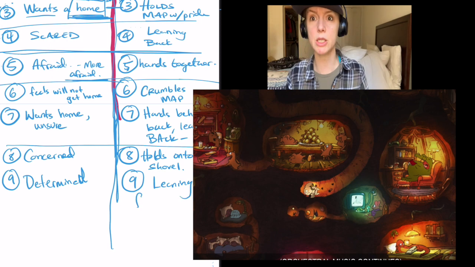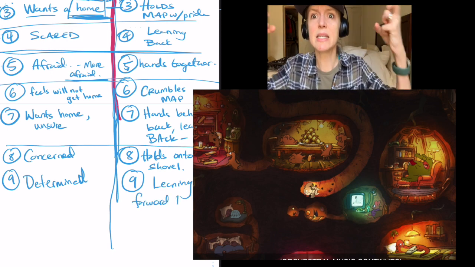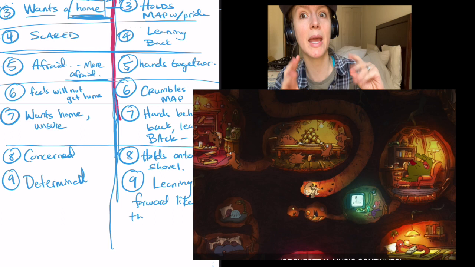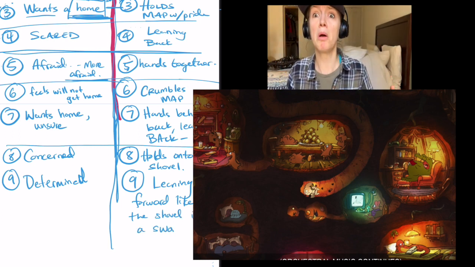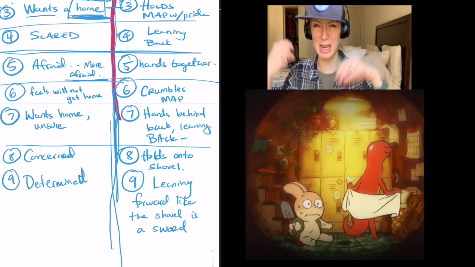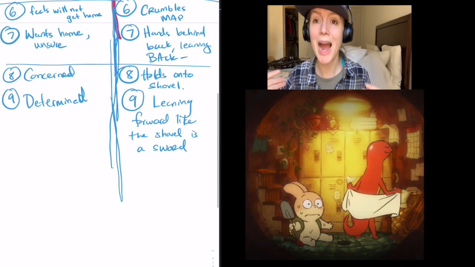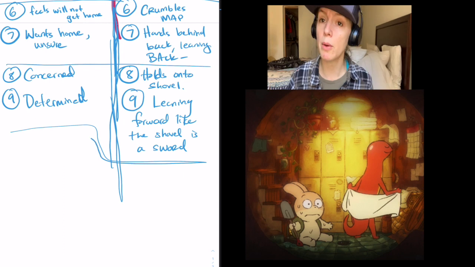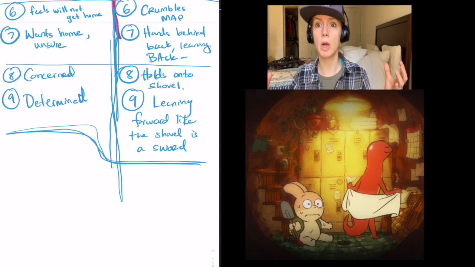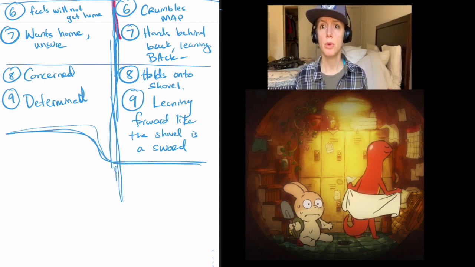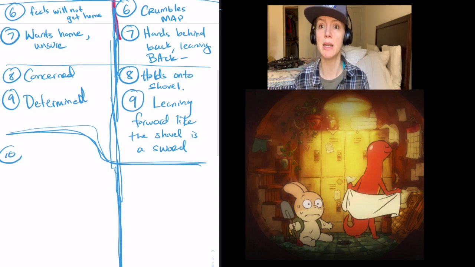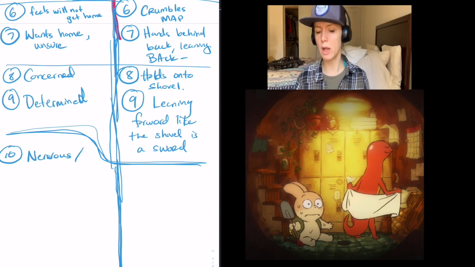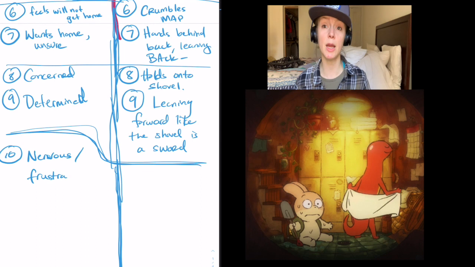You would write on your T chart that as your character faces other obstacles in their scene, they're going to get more nervous and they're going to get more frustrated and they're going to breathe heavy. Right now, he's sweating. So I would write on my T chart, he gets lower. He sits down. He takes a breath. He gets scared. He realizes that this may not happen. He may not get what he wants and he sits down. Will our character give up? Will our bunny hero give up?